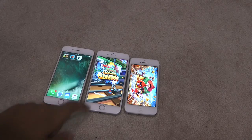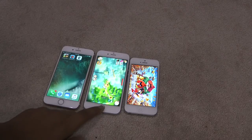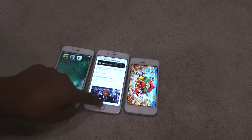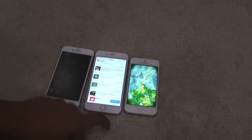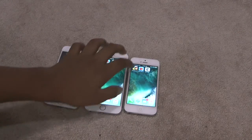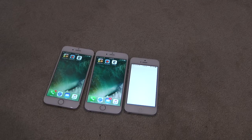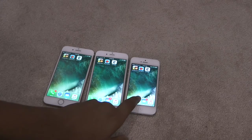iPhone 6 goes on to Subway Surfers to see if it has it in memory. iPhone 6 goes on to Angry Birds. Goes to the New York Times. It goes to Reddit.com. iPhone 5 finishes Angry Birds, moves on to the New York Times, moves on to Reddit.com,